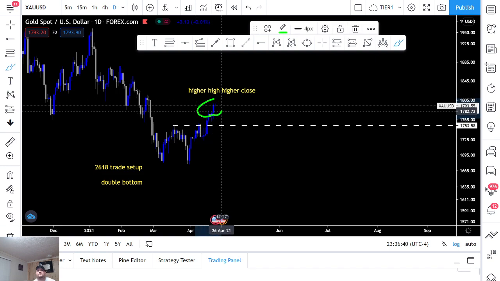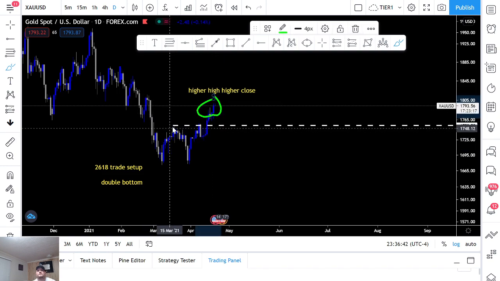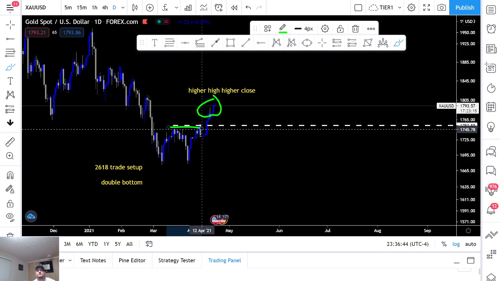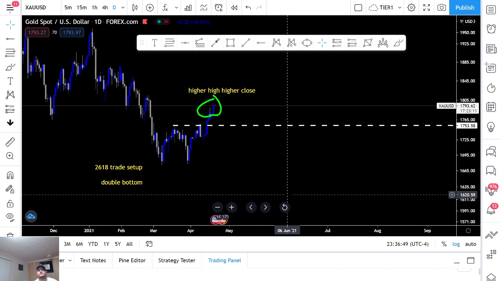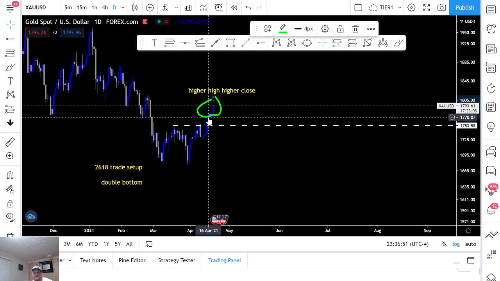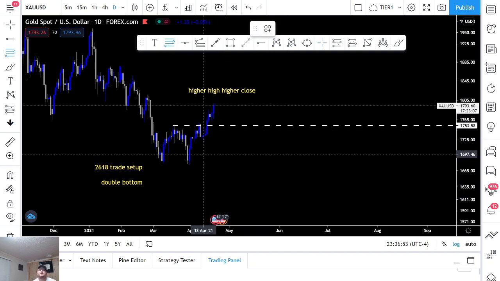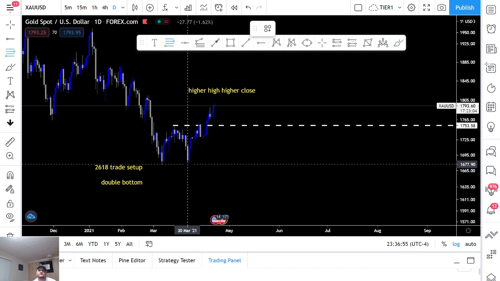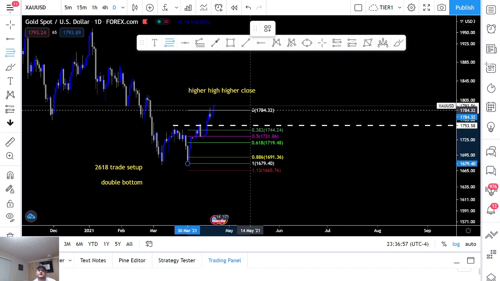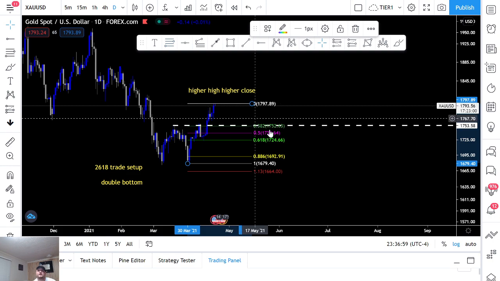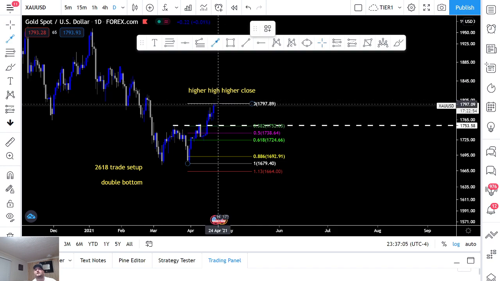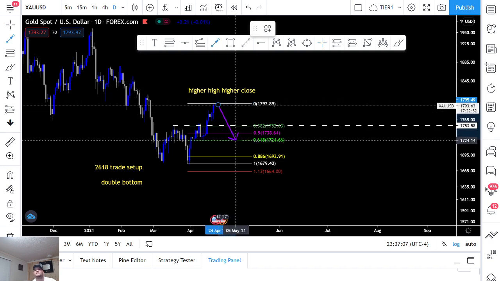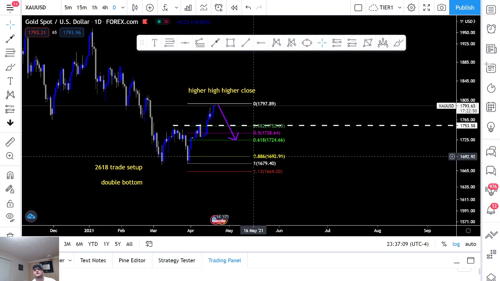So it closes above, right? Then I would still be waiting, and I'd be pulling my Fibonacci from here to here. And I would say if price pulls back to the 61.8